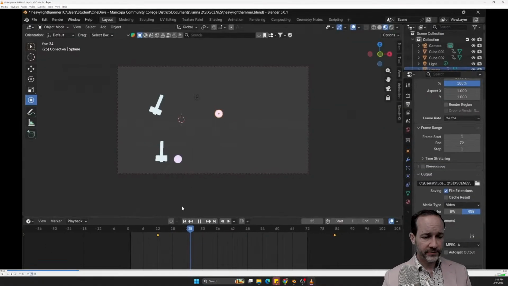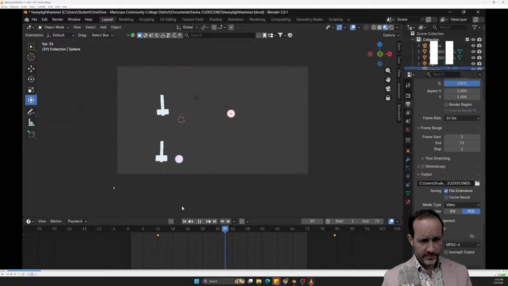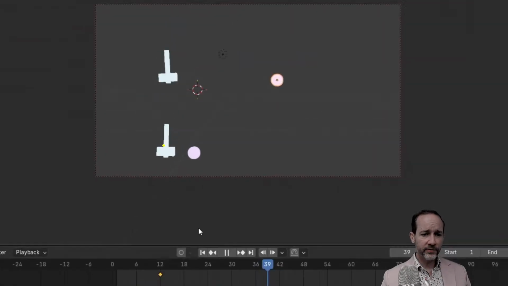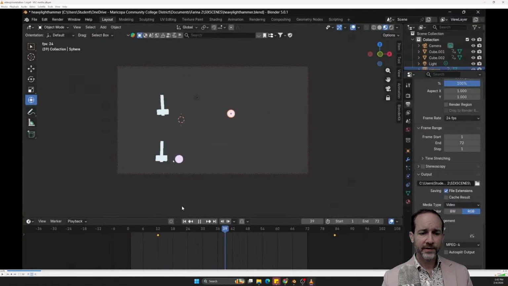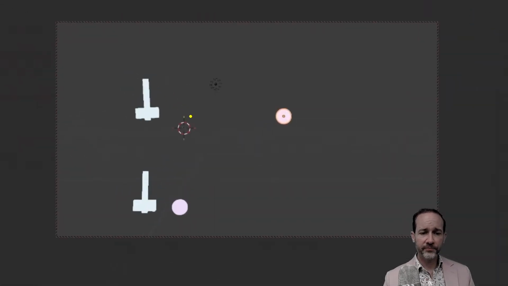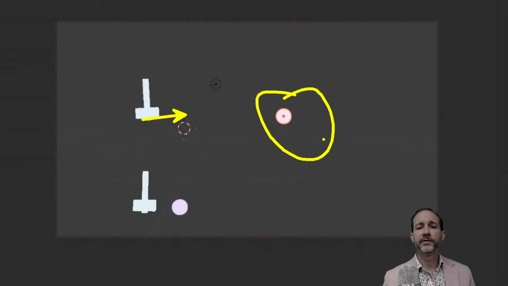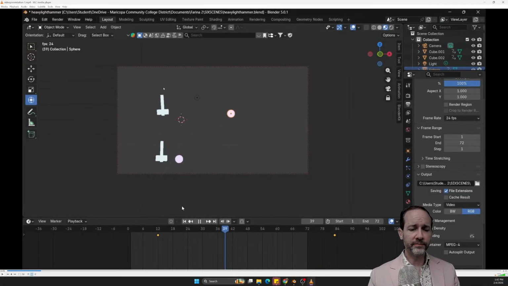The heavy one here, let's see if we can watch that one more time. Yeah. Okay, so that looks like the general blocking out of what you have for the hammer is good, but it's very fast. It feels like gravity and time is sped up for this. The ball animation, you seem to be achieving what we want, faster at the beginning, slowing down, the light one moves faster. So these need some work in terms of timing there.